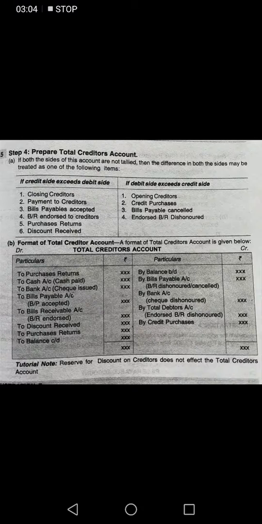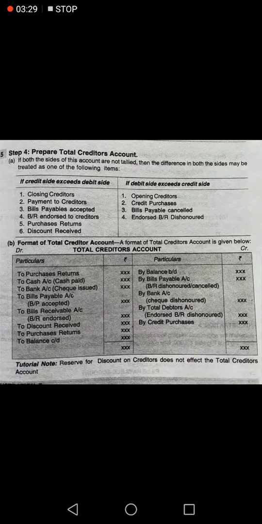That means on the credit side we will write by bills payable, by bank account in case the cheque is dishonored, and by total debtors account in case the endorsed bills receivable is dishonored. And by credit purchases will be the balancing figure, maybe. We can't be sure of that. So to balance carried down at the end of the day,